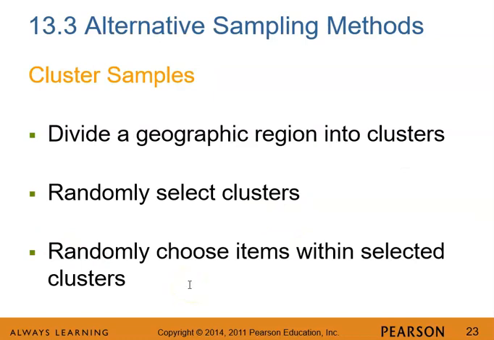Another sampling method is cluster sampling, and cluster sampling is when you have normally big regions or countries or states or counties. So we divide a geographic region into clusters and randomly select clusters. So let's say we want to select